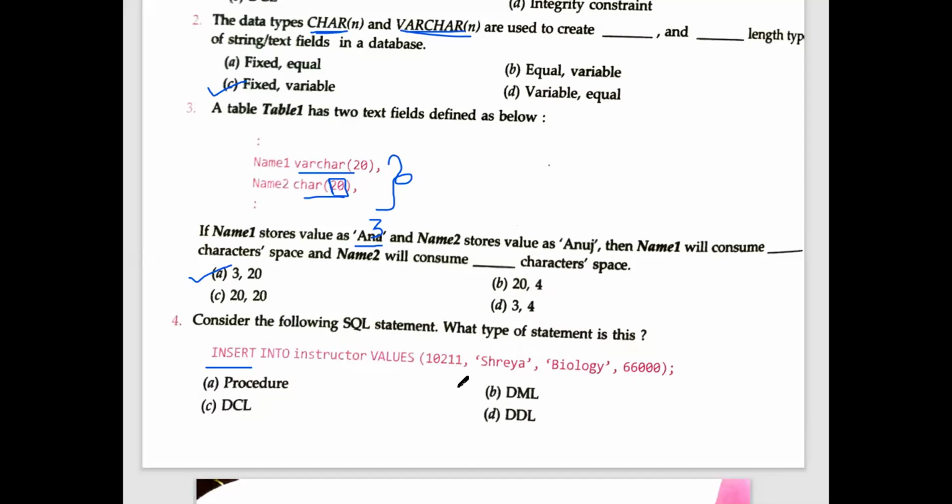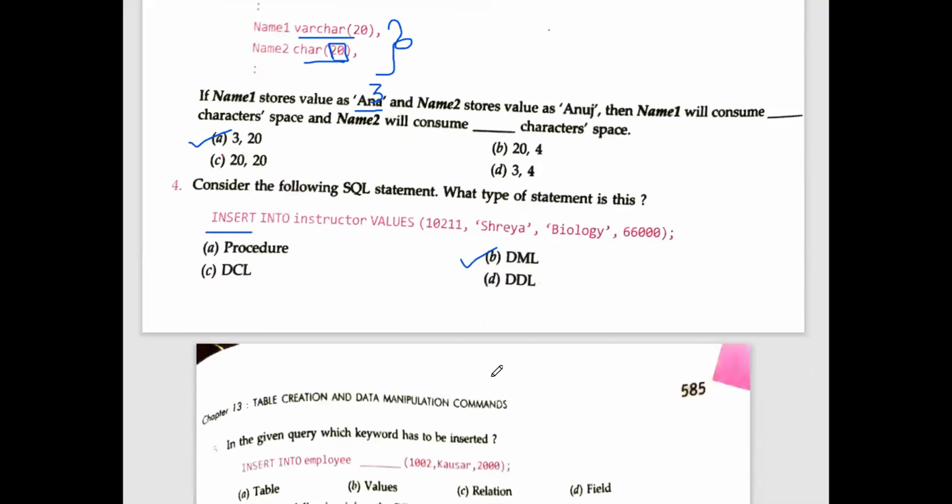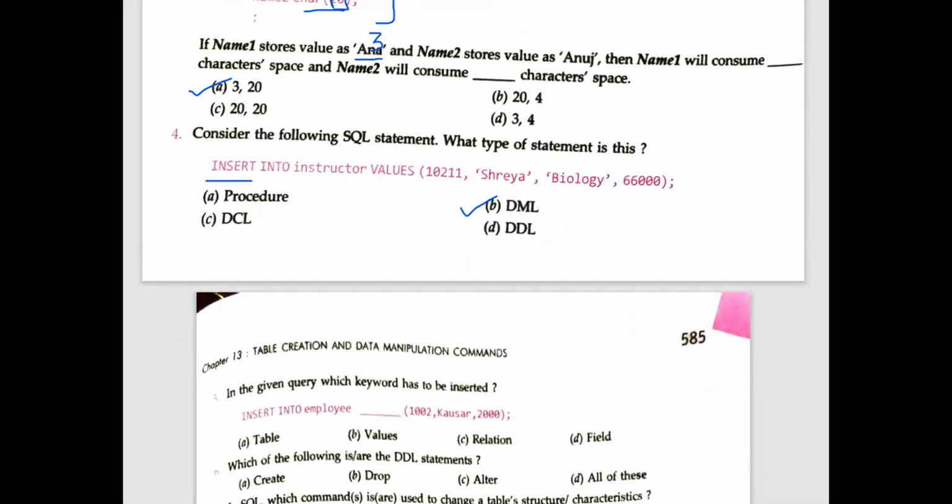Fine, better see, this is a very common question. It is DML. Why I'm saying it is a very common question: as per the board examination, again I'm repeating my statement, the difference between DDL and DML is important, plus examples of DDL and DML are important. DDL means all the commands related to the structure of the table. For example, create, alter and drop. And insert command means data manipulation language. It means the commands related to the value part of the table. Examples are insert, delete, update and select. Because this is a very common question, they will be asking you again and again.